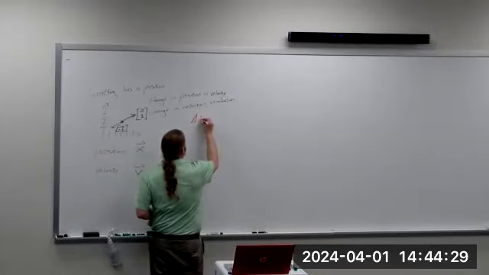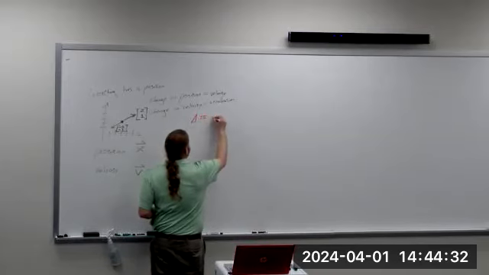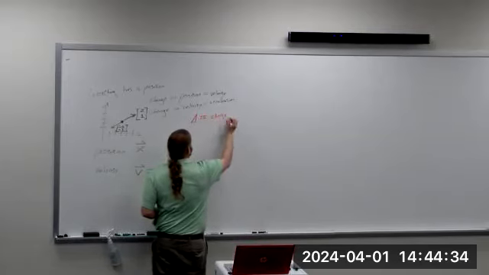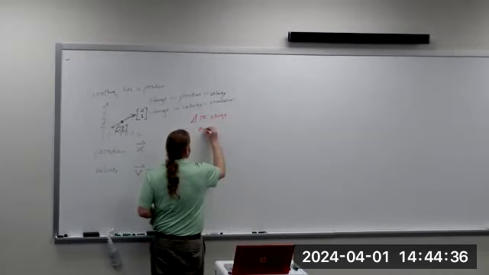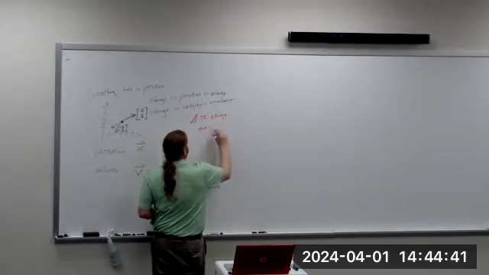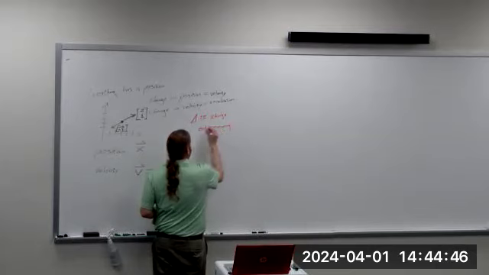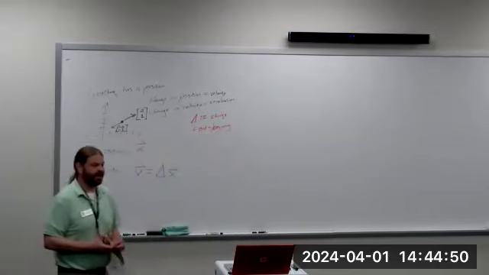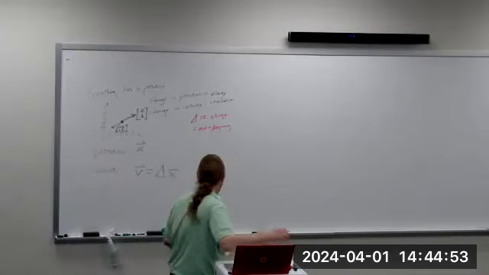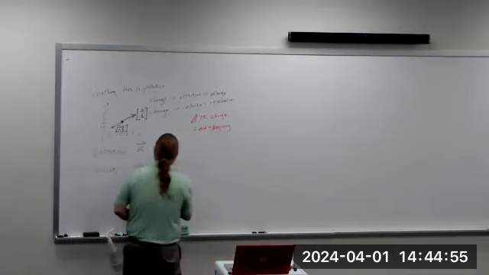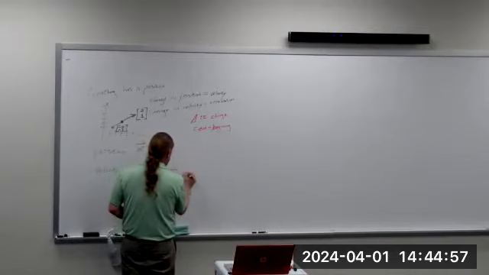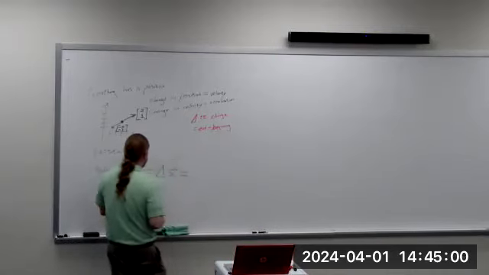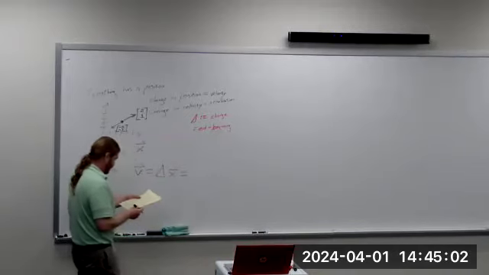Delta is defined to be change. End minus beginning. That's always our formula for it. The ending value minus our starting value. So a change in position